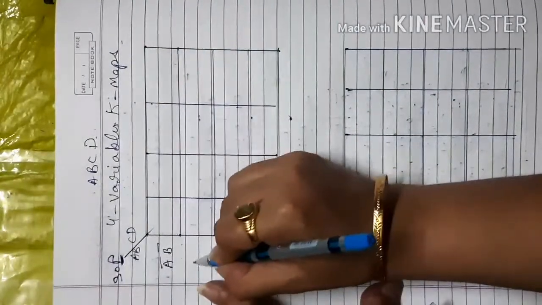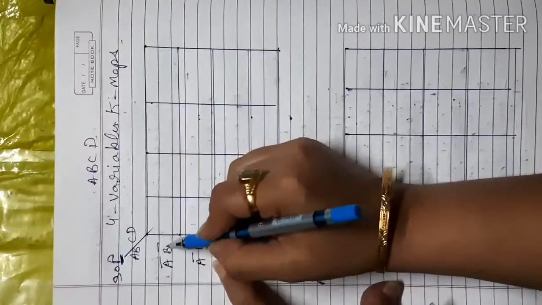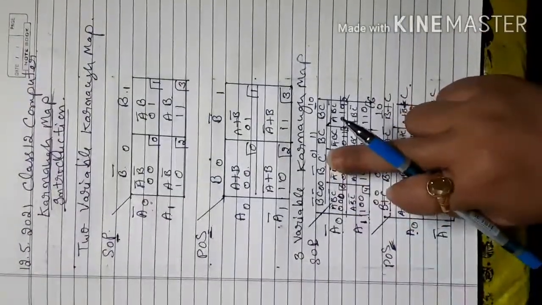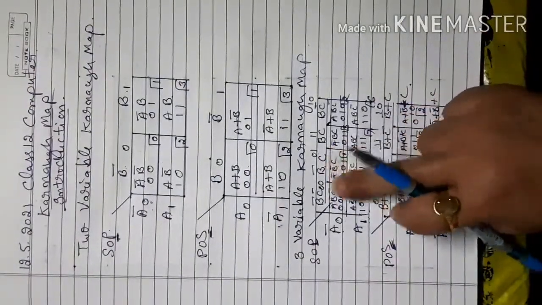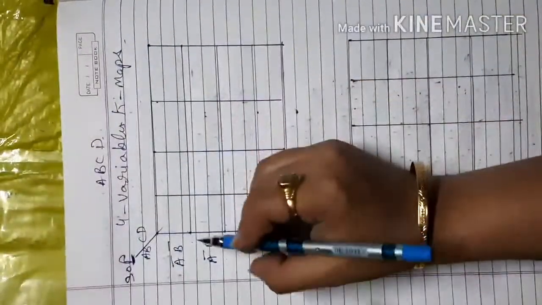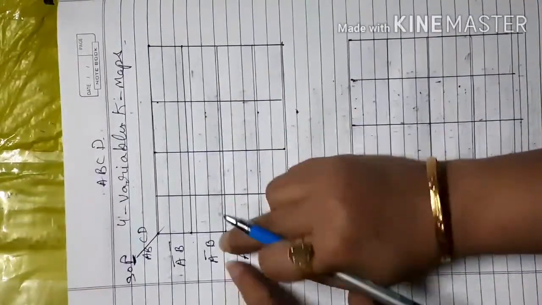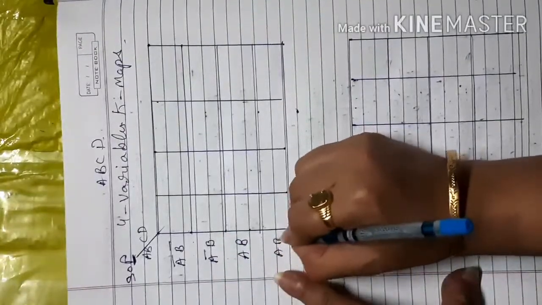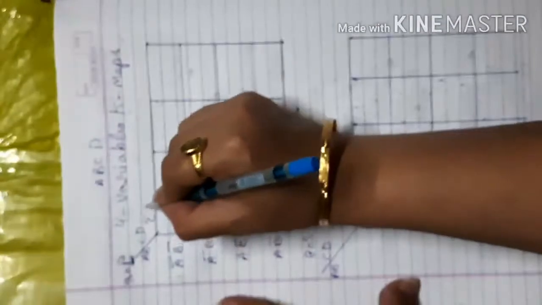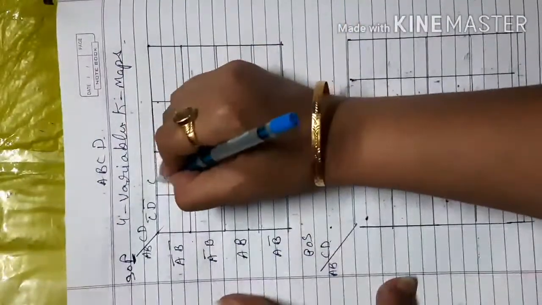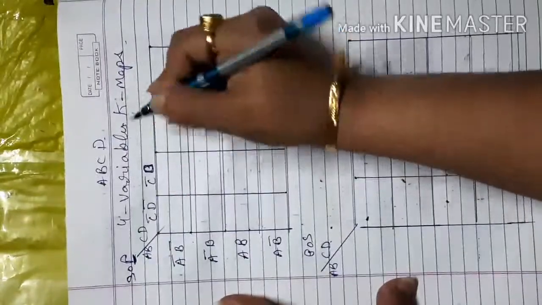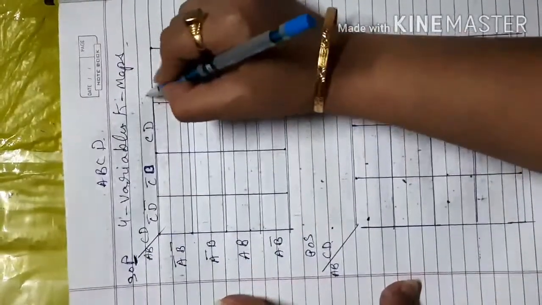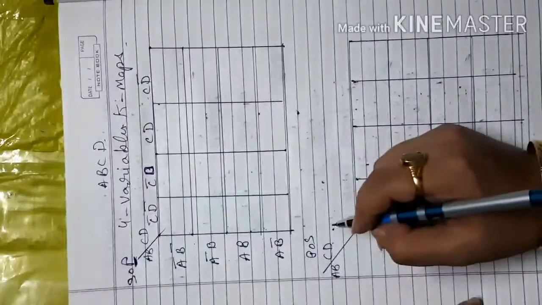So now this is A complement B. Now remove the complement from the first B, like in the previous one we removed the complement from the second variable, then from the first variable, then again came to the second variable, with complement again. In the same way here, remove the complement from the second variable, then the first variable, then the second variable, and it will repeat again. Similarly here, again C complement, D complement, remove from the second variable, then from the first variable, then the second variable, and it will be repeated again.